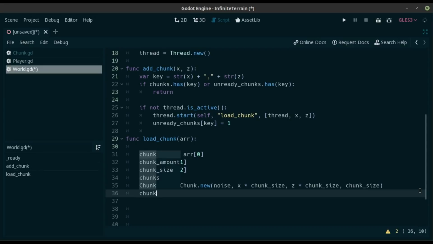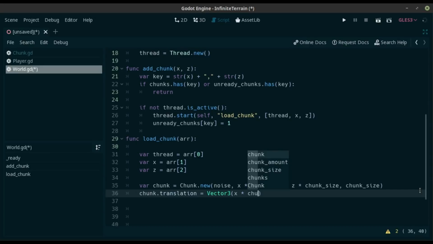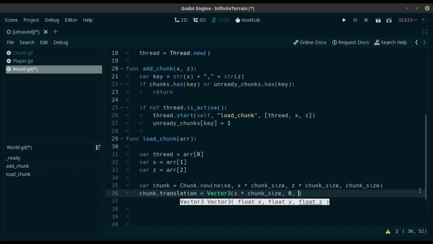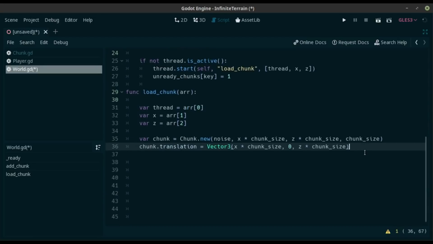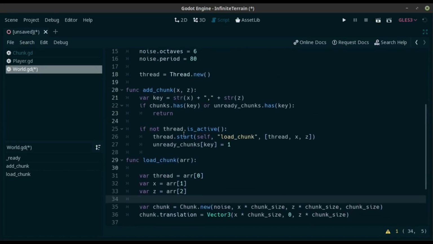And we set the translation of the chunk to a new vector 3. We'll set it to the x times chunk size, 0 on the y-axis, and z times chunk size as well. Alright, so